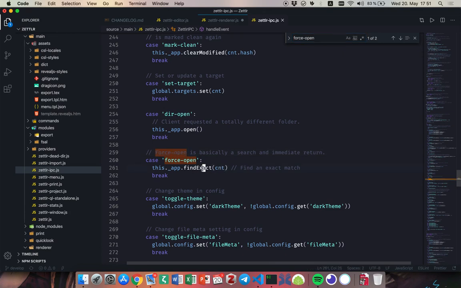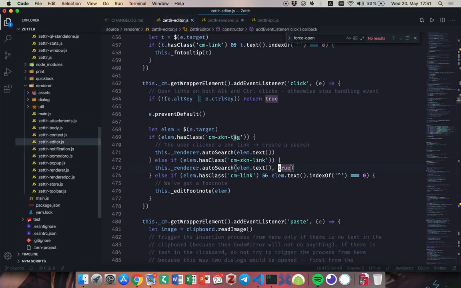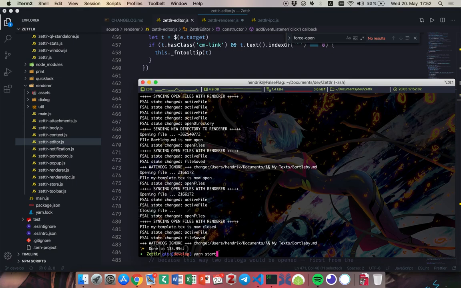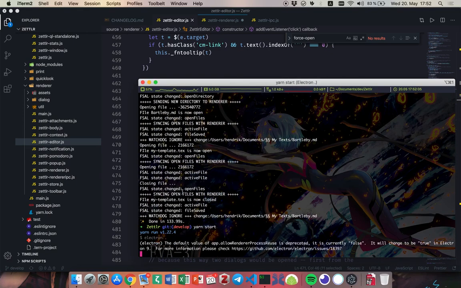And we do have it. And we see that the application, which is the main class, has this method called findExact with the content, and the content, we remember, is the term that we sent, which is, if we look back to the editor where we started, element text is basically the inner text of the element with this class. So just to make this a little bit more clear right now,